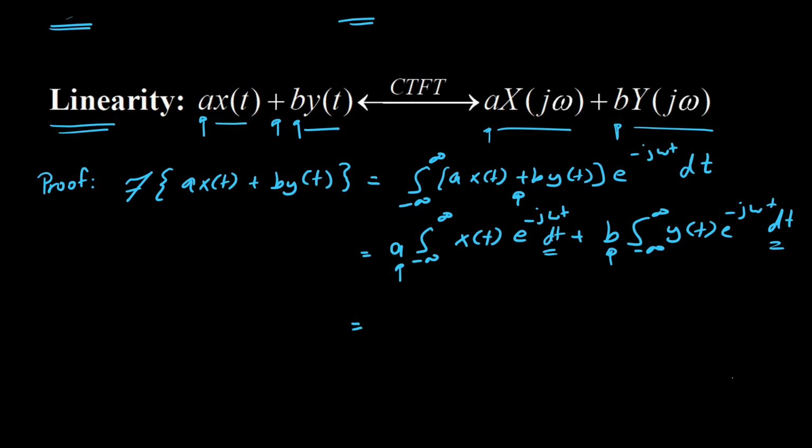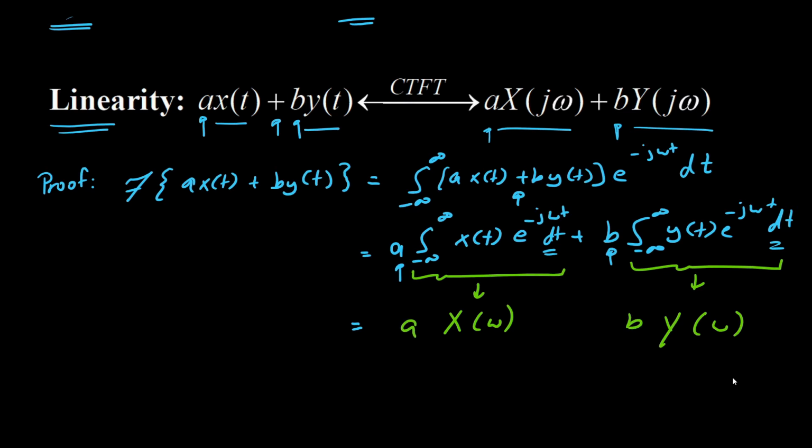But over here again, this is just the definition of the Fourier transform, that is, this is simply x of omega or x of j omega, and similarly this is y of omega or y of j omega, and they are multiplied with a and b, and then we have this plus. It's a very simple and straightforward proof, but it finds many applications. For example,